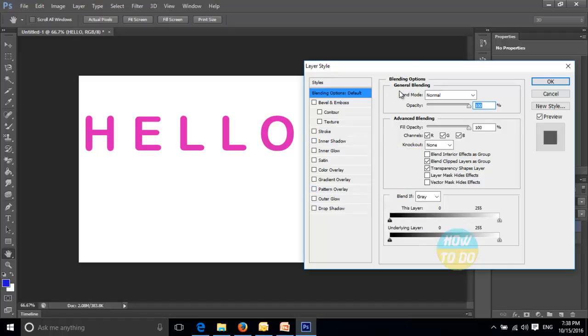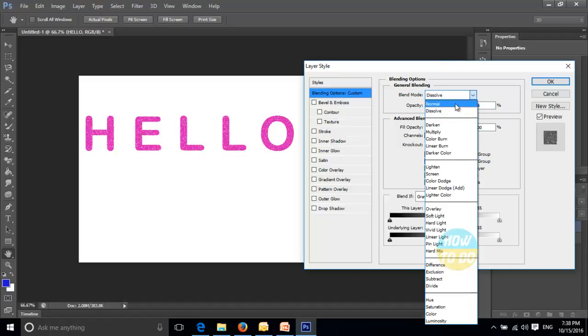The first and foremost important thing in blending options is the blend mode and the opacity. For opacity, we have the increase and decrease option. If you observe here, we have selected the preview as well; if you uncheck this, you will not be able to view the changes that are happening. So if you want to see the preview, you can get it through the checkbox. In this way you will be able to blend the opacity. Here it is normal. Now we will take it as dissolve. See here, in this way it will be applied.